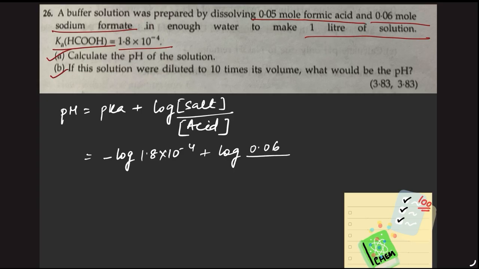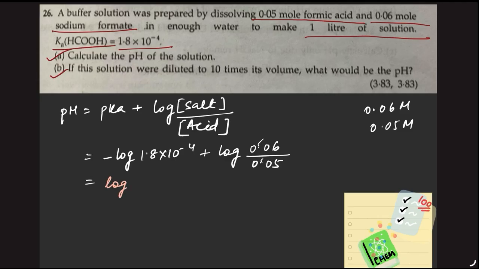0.06 mole divided by the concentration of acid, which is 0.05 mole. And the volume of solution is 1 liter. So the concentration in moles per liter will be 0.06 moles per liter. This is the concentration of salt, and 0.05 moles per liter. This is the concentration of acid. Now to solve this, first of all, this becomes 6 by 5, minus log 1.8 into 10 to the power minus 4, which can be written as